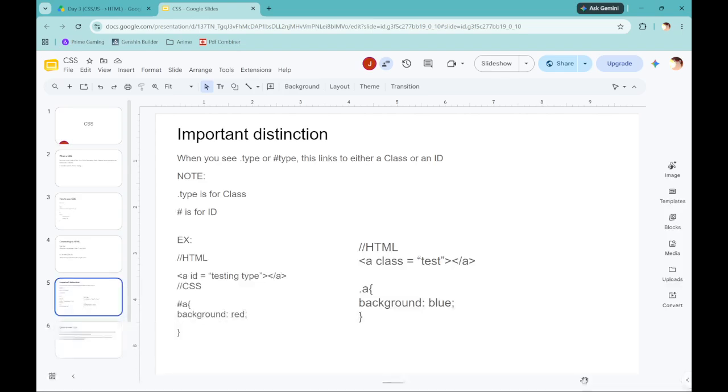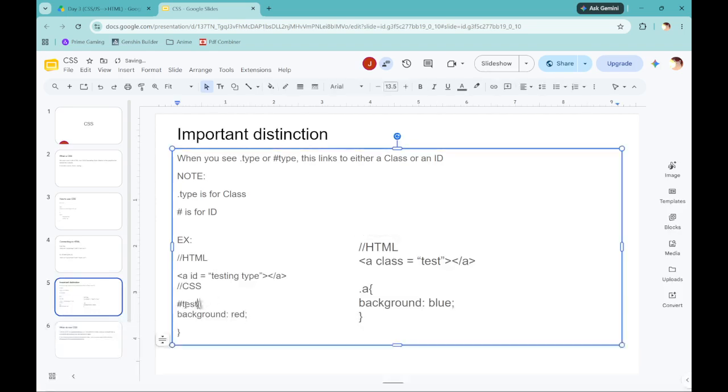So the idea here is that when you put it into HTML, you're going to have something like, in my case, I just put A, even though it could be button or whatever. Then you can have an ID to it. We're going to explain it later, but that's mostly for connecting it to JavaScript. If you have ID and then something called testing type, in your CSS you would have hashtag A. Actually, this should be hashtag testing type, but it should be this way. Or it should be, this has to be a dash, so